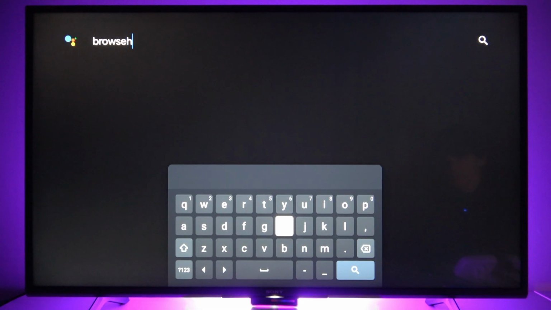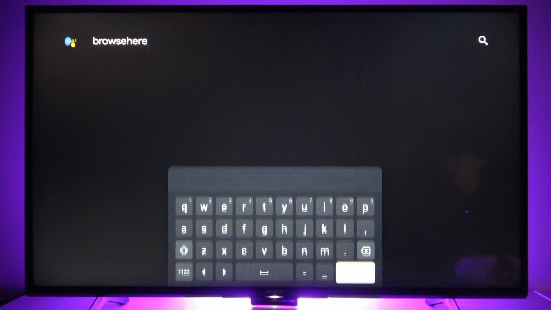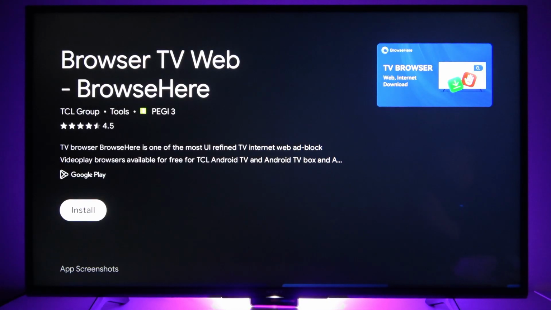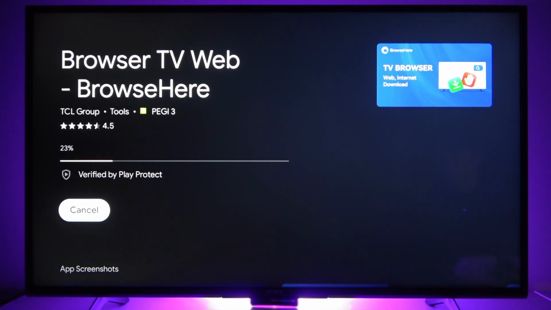And the best browser I found, which has the best opinions on Sony Bravia TV, is Browse Here browser. So search for Browse Here, and you will find this TV browser. Click install to install this browser,